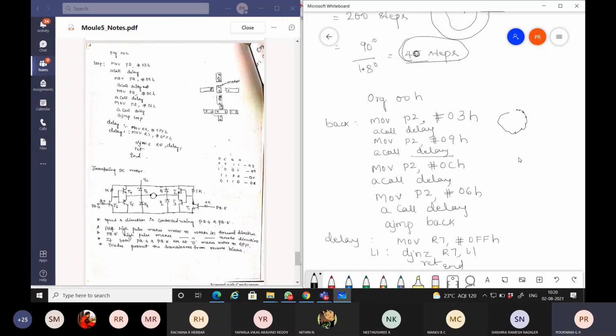Okay, fine. If you have any doubt with respect to this stepper motor program or the step angle changes, you can ask at this point. If no doubts, I can go to the next, LCD interfacing. DC motor interfacing you don't have in your syllabus.